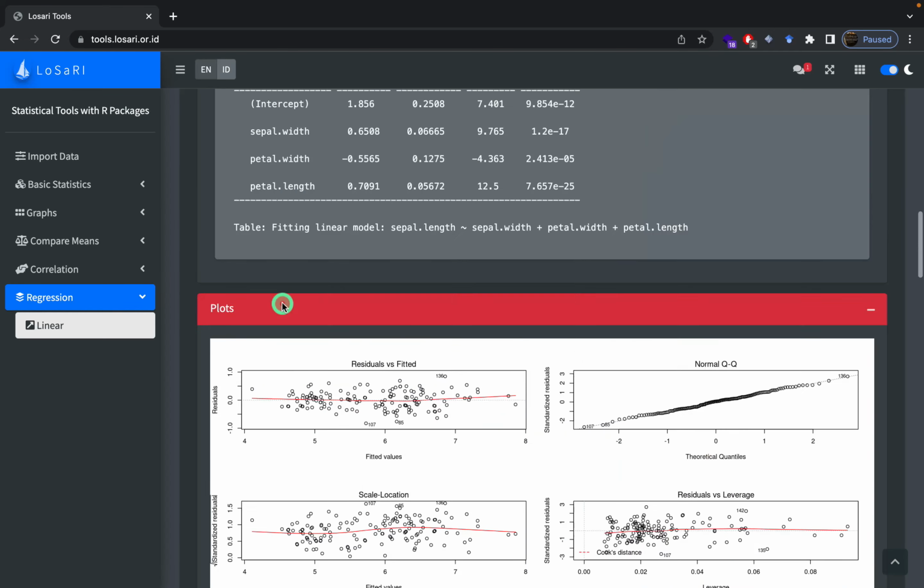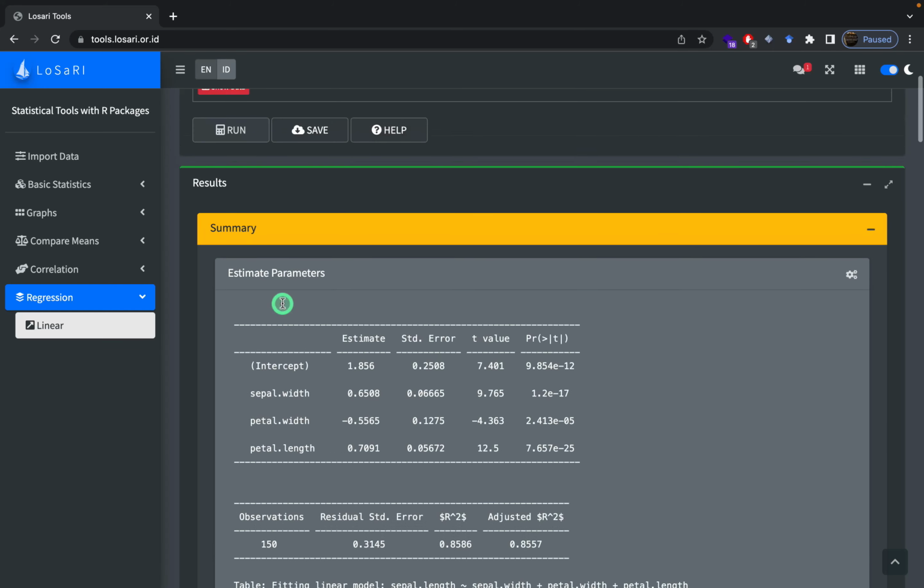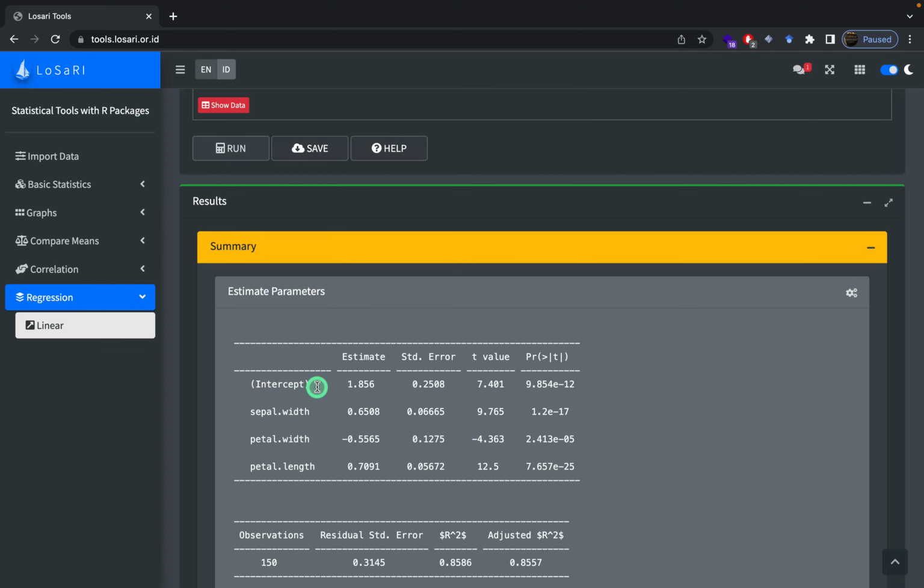In linear regression analysis, we can estimate parameters without involving an intercept by clicking on the gear icon in the upper right corner of the Estimate Parameters box. A sidebar box will appear.